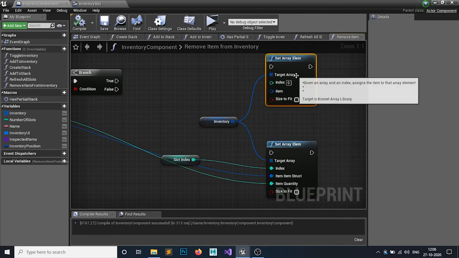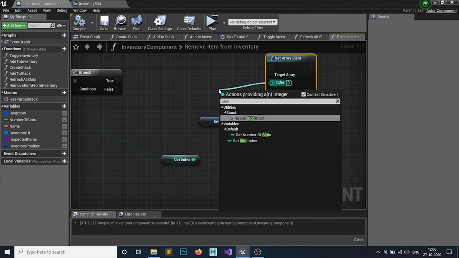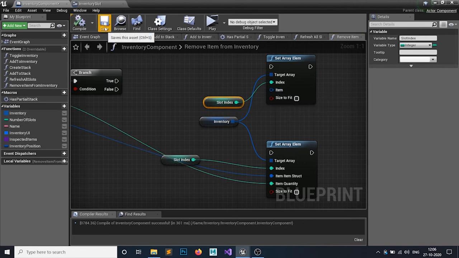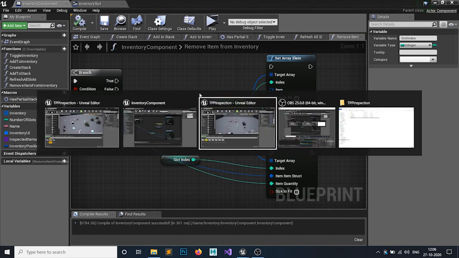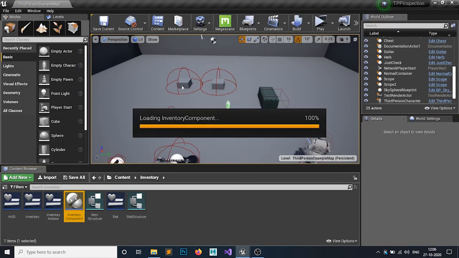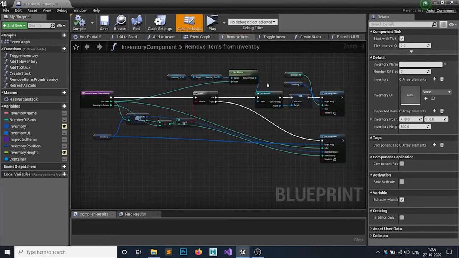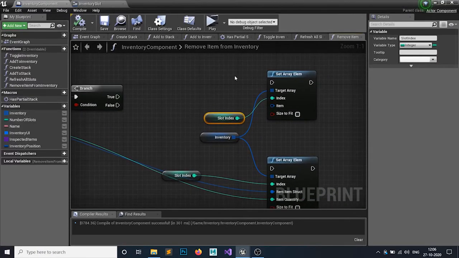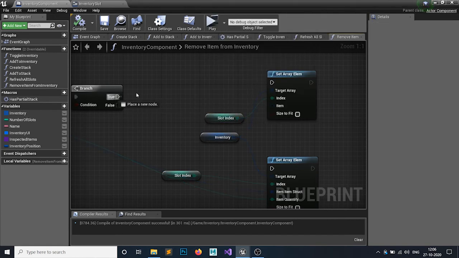For the false part, same, I'm just gonna get the slot index. This slot index is the input of our function. Item should be null because it's nothing. Let me just see once. Yep, for the true part this one, for the false part this one.